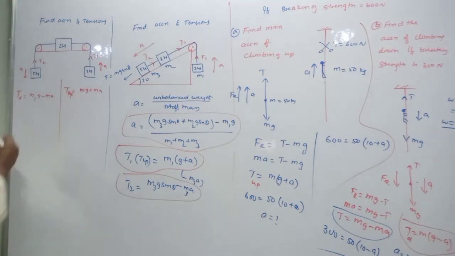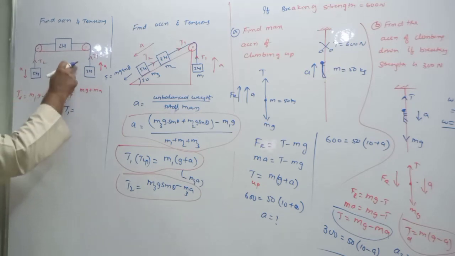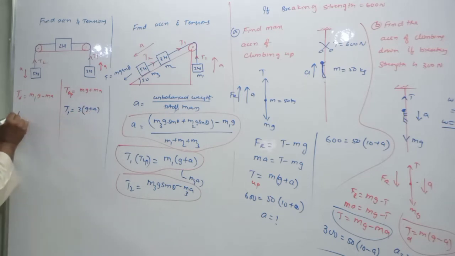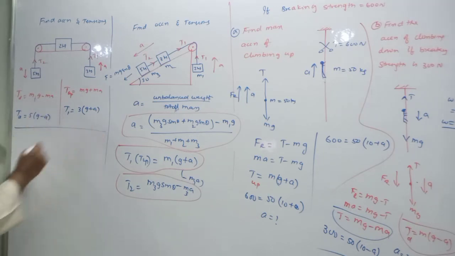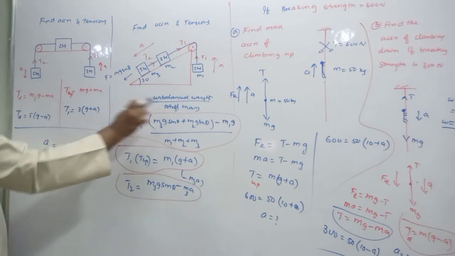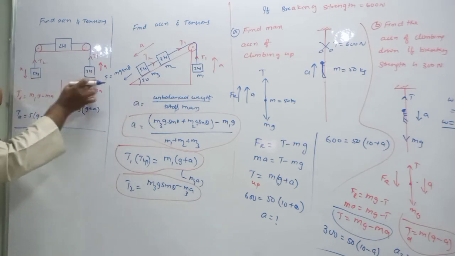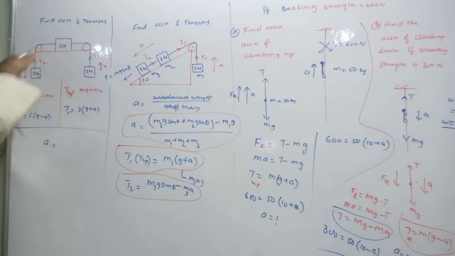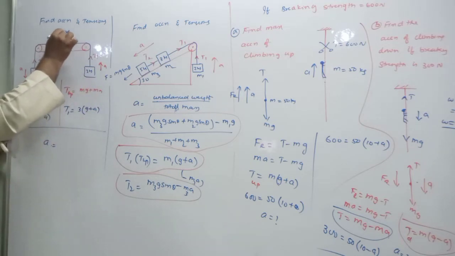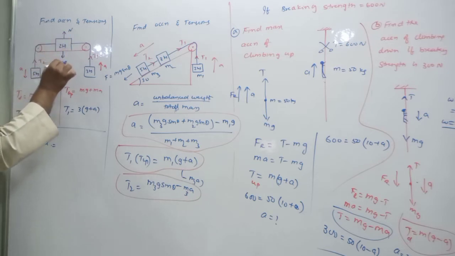But in both the cases, masses are different here. So we can write now, tension T1 is upward, so 3 into g plus a, and tension down will become 5 into g minus a. But how can you find out acceleration here? Just now I told you that the formula for acceleration is unbalanced weight by total mass. Unbalanced means these two are unbalanced here. This is already on the horizontal surface, you did not take that one. Unbalanced weights I am taking. So these two are unbalanced weights. This is balanced weight because N is cancelled by mg.